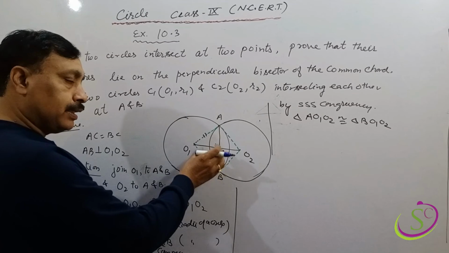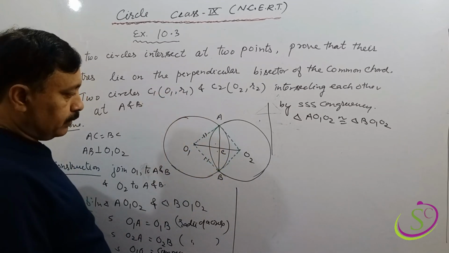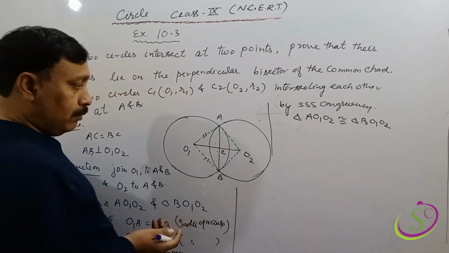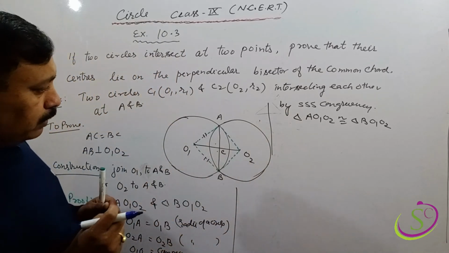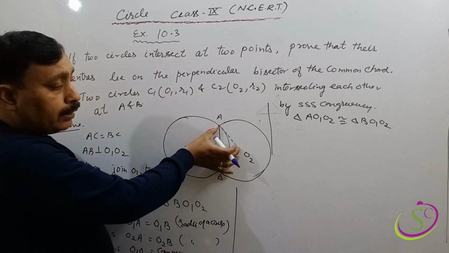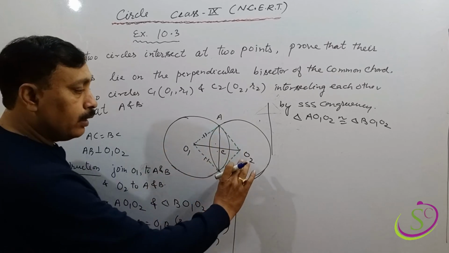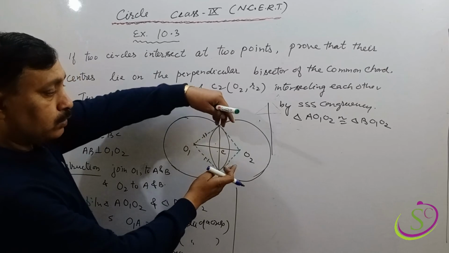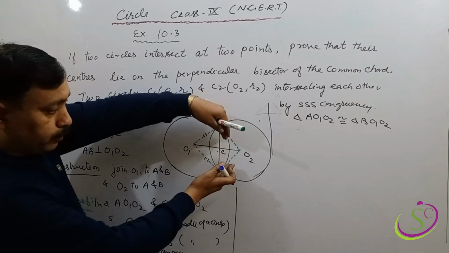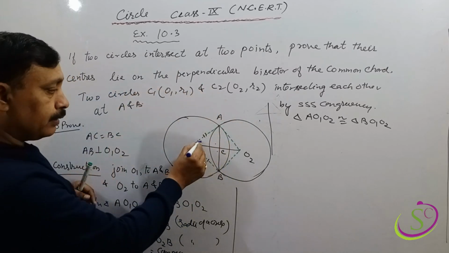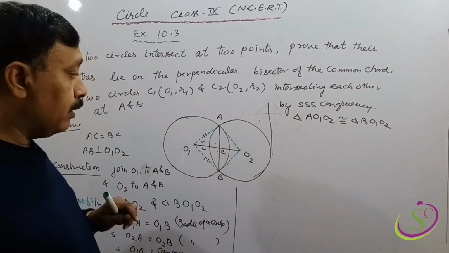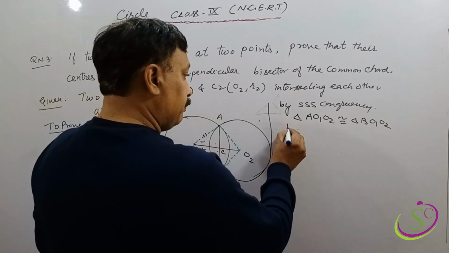This triangle and this triangle are both congruent. When both the triangles are congruent, the sides O2A and O2B are equal, so the angles opposite to both sides, this and this, will be corresponding angles, and by CPCT